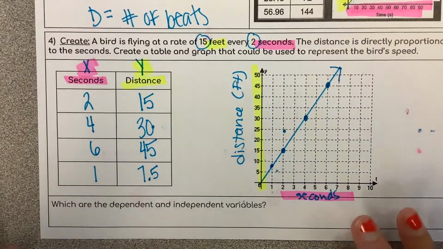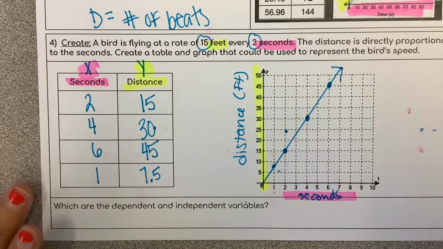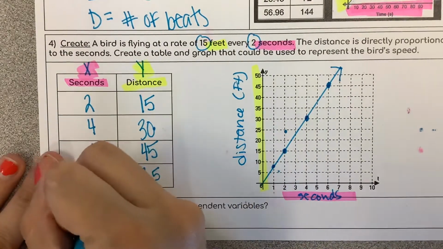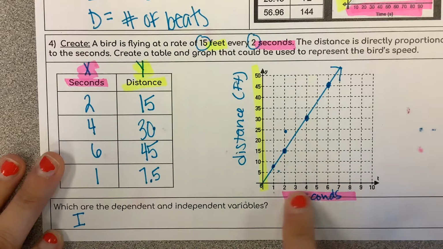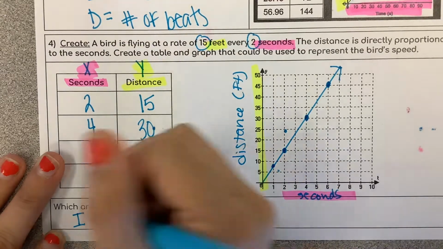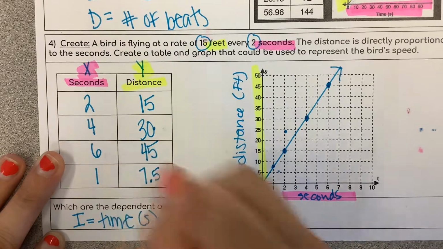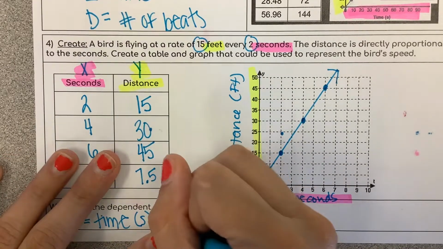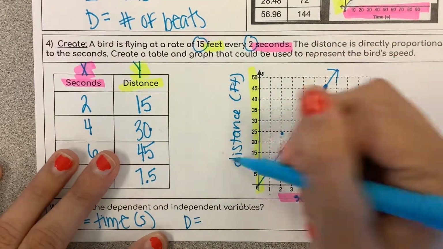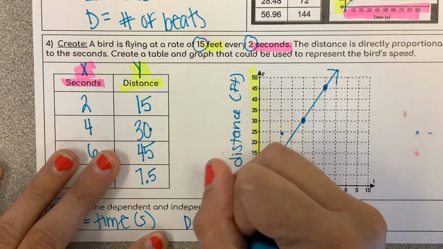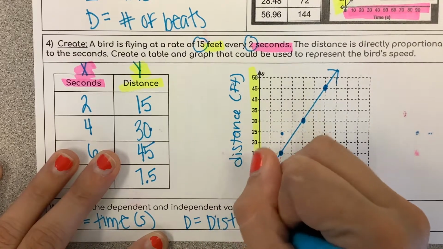Okay? And then what are the dependent and independent variables? So as a reminder, our independent is our x, and time is always independent. So time, specifically in seconds, is our independent. And our dependent is the other variable here, which is our distance, specifically in